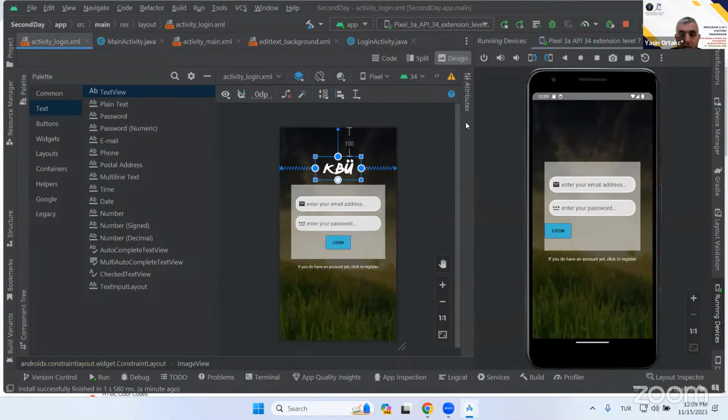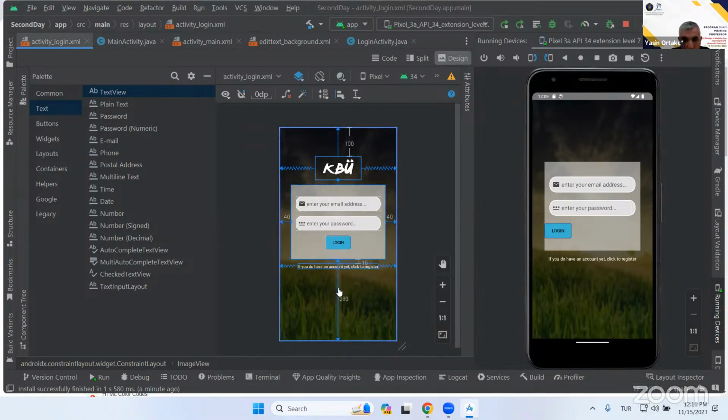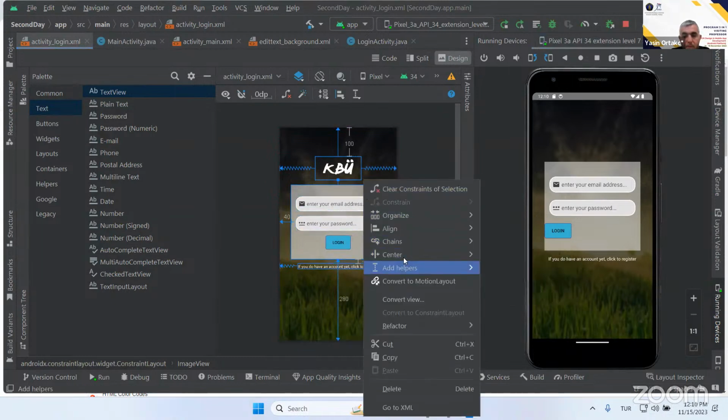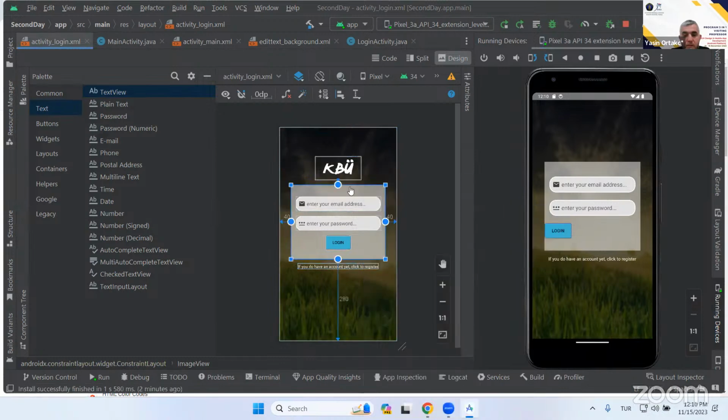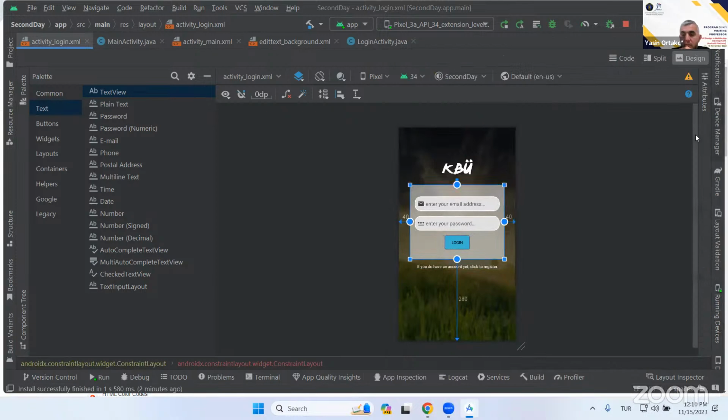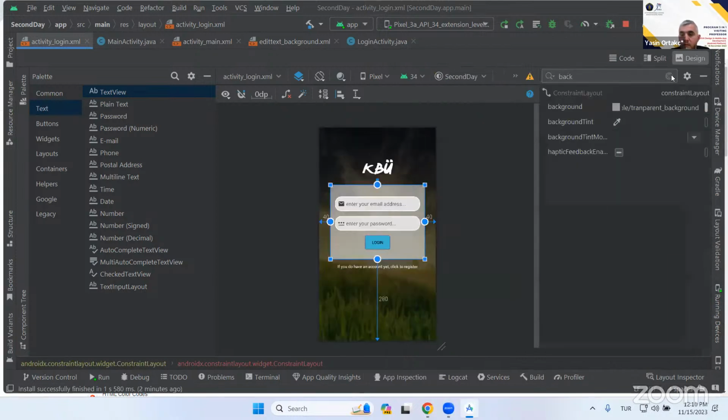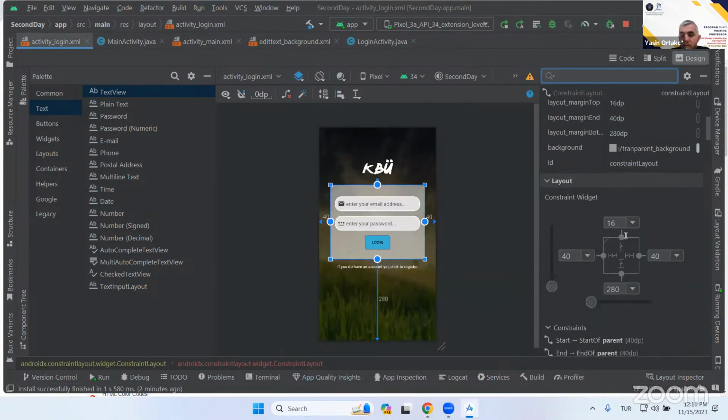I think we create a chain between these objects, so we forget to add to this the object and chain. I'm removing the chain. No, there is no chain. In the layout attributes, is there a, okay, there is a